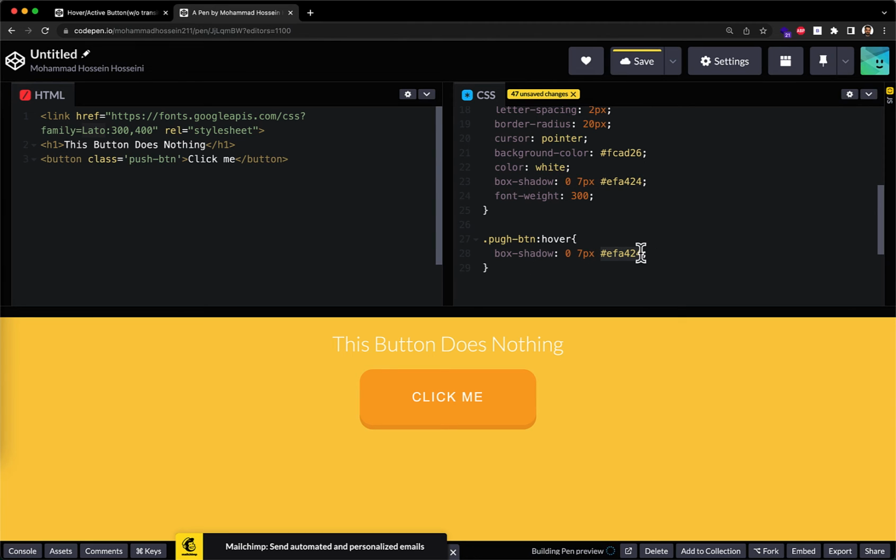We don't need the color, but this one we can say 4 pixels. Oh, I'm sorry. Okay, yeah, it looks okay. So I need the color too. Let's see. Okay, yeah, it looks good, but now we should, instead of changing the box shadow, move the button itself too. So we can say transform,